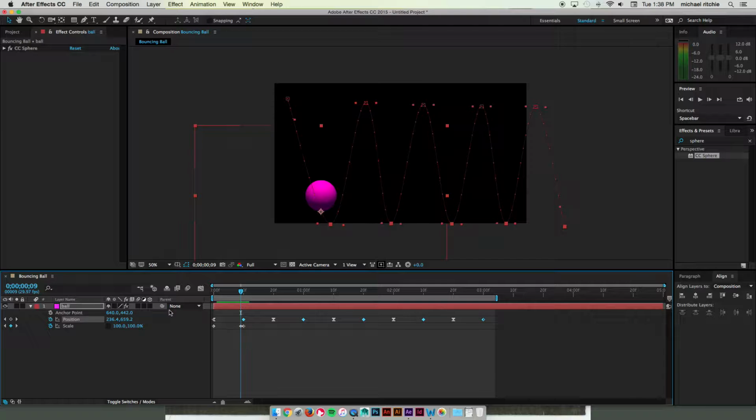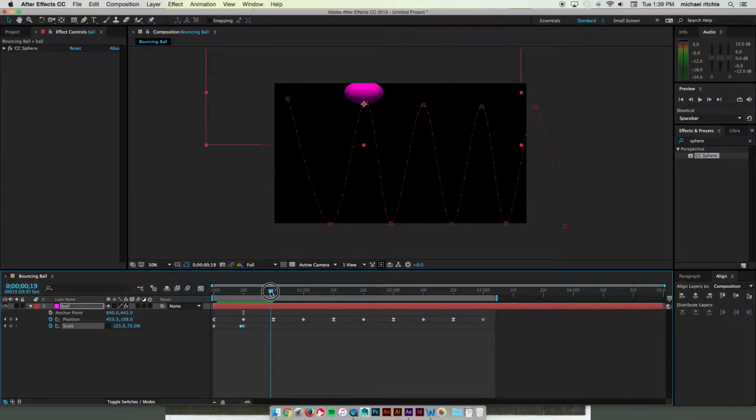Now it shouldn't be as much as the squash, so 75, 125, doing the opposite of that would be a bit too much. So instead, on this keyframe right before it hits, we'll do 80 for the width and 120 for the height. And that way it stretches out as it goes down and then suddenly squashes when it hits the ground. Perfect. Then on the bounce back up,